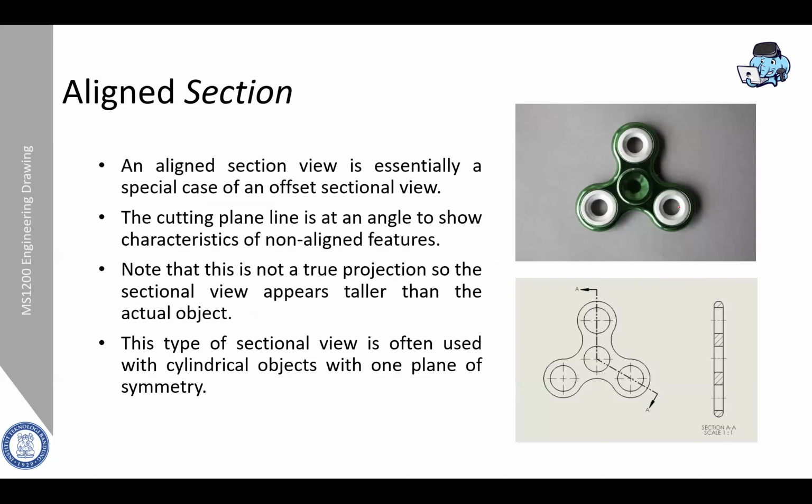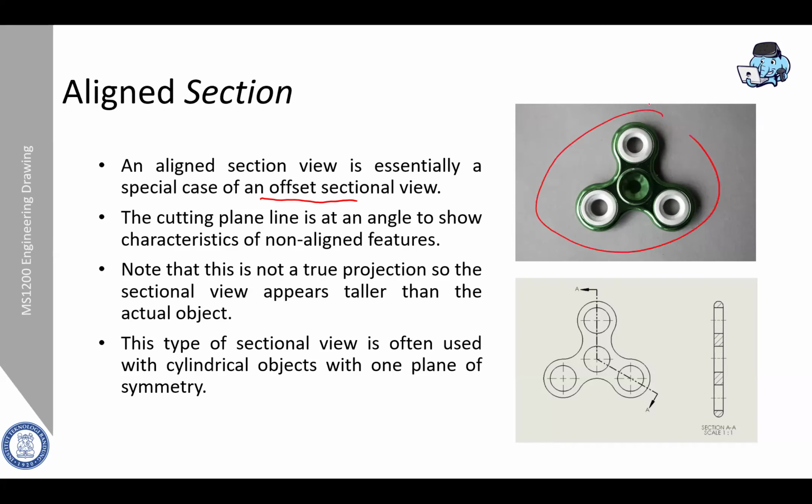The next one, yeah, the other type of section view is aligned section. An aligned section view is essentially a special case of an offset sectional view. So it is actually a special case of offset section. The cutting plane line is at an angle to show characteristics of non-aligned features, like this one.